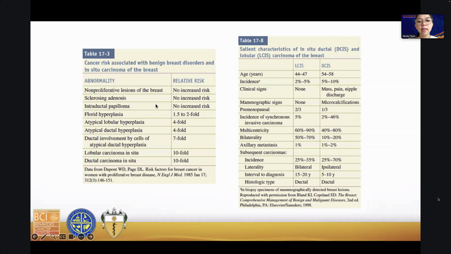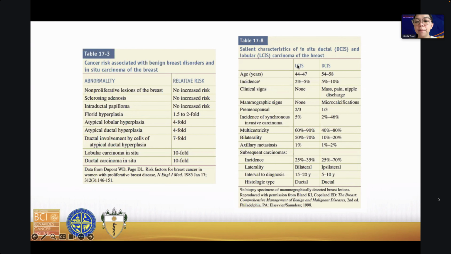And so these tables are lifted from Schwartz just to show that with ALH and ADH, you have a four-fold increase in the relative risk of developing invasive carcinoma down the line. LCIS and DCIS, the risk is tenfold. Now, this table just shows us why we manage LCIS and DCIS differently. DCIS is a pre-malignant lesion, meaning if untreated, it eventually will become invasive carcinoma. So in DCIS, the incidence of subsequent carcinoma is as high as 70%, usually in the same breast and usually